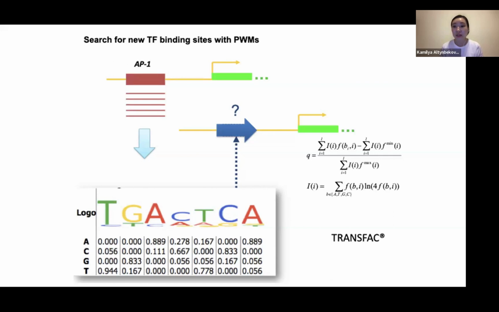So this is where the match tool comes in and is useful. Providing that you have some sequence on which you're looking for transcription factor binding sites for particular factors, having the download package on your hands, you have access to the whole TRANSFAC with all the positional weight matrices. You can create the profile, or you can select the collection of the transcription factors you want to look at,